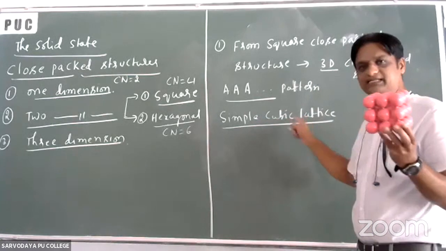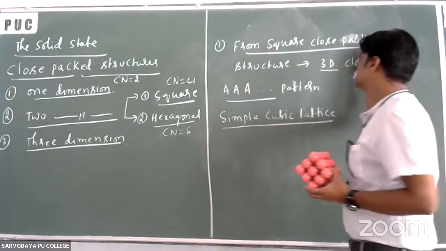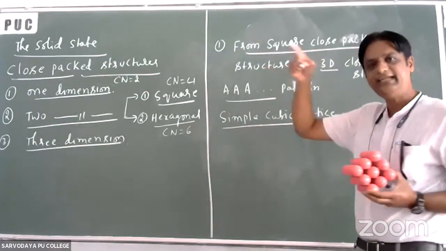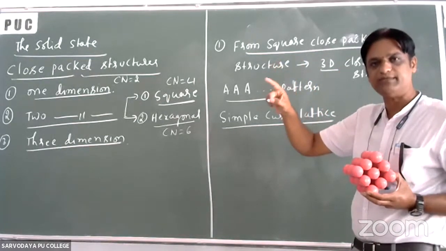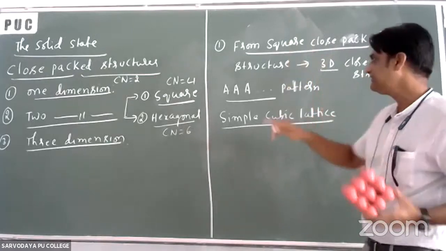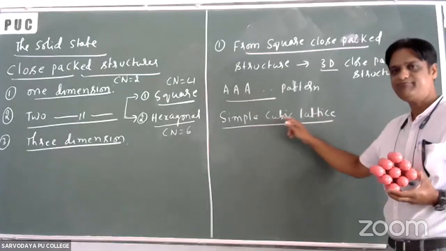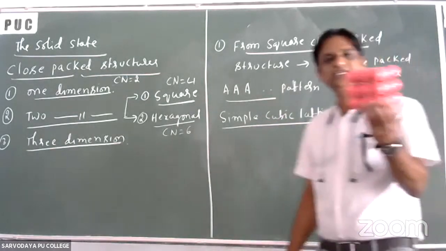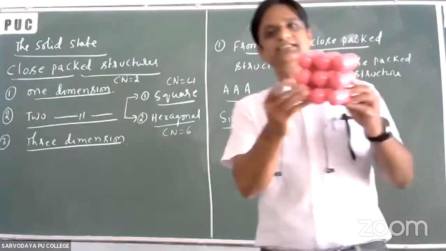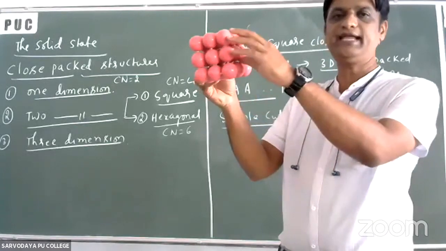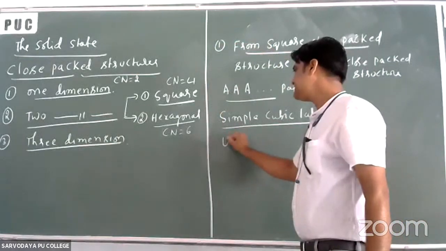So simple cubic lattice, a three-dimensional structure, is obtained from square close packed structure in two dimension. When layers of square close packed structure in two dimension are arranged one above the other, we get the three-dimensional arrangement, which is nothing but simple cubic lattice. And what is the unit cell that is obtained in simple cubic lattice? You can see this is a three-dimensional arrangement, and if you take the smallest portion of this cubic lattice, the unit cell,